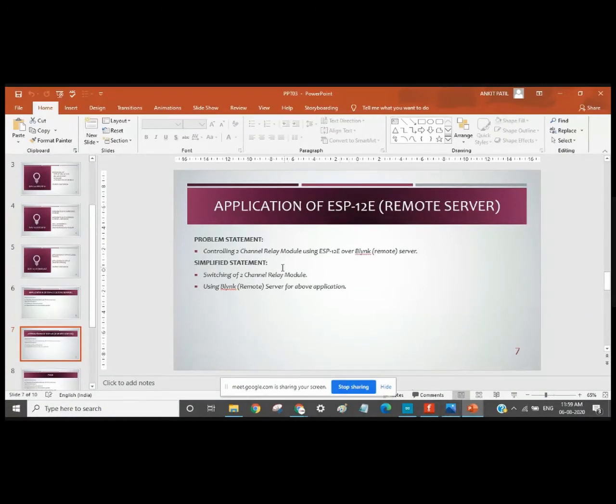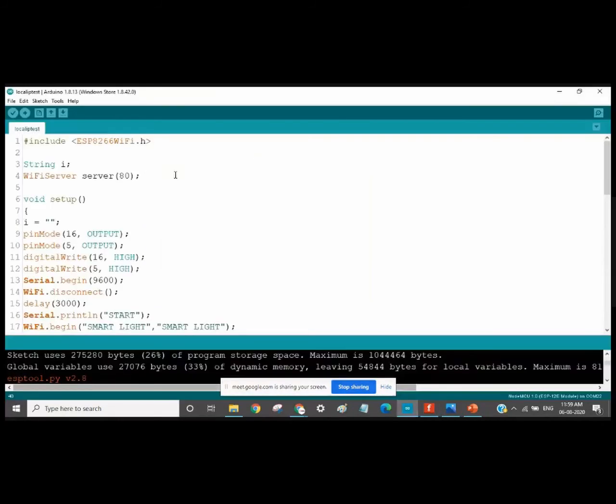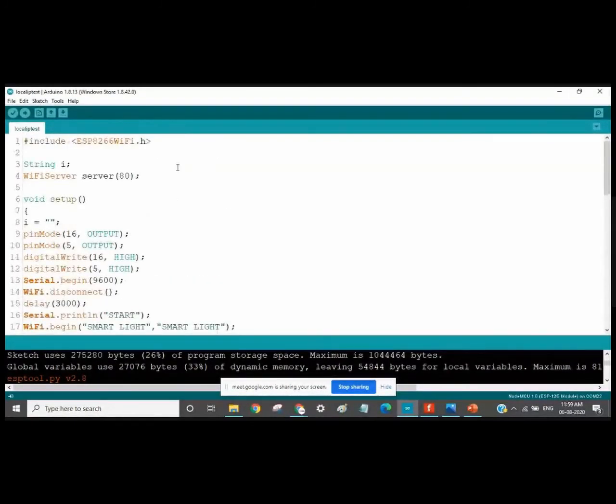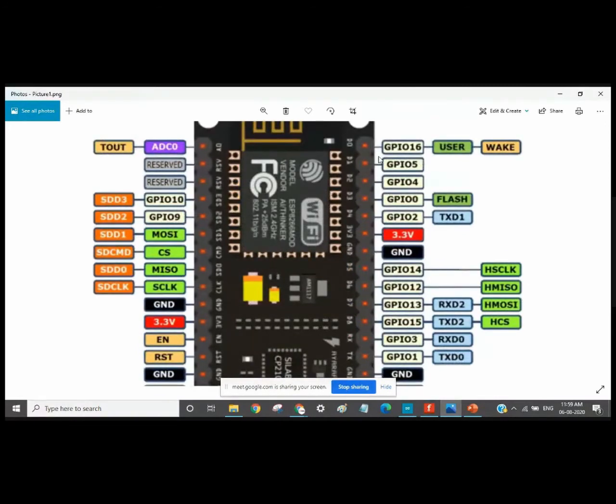So first of all, we will make the circuit diagram for this. The circuit diagram will remain the same, because we are using a 2-channel relay module. The connections will also be the same. The only thing that will change is our code. The code will not be such a big code because we have a Blynk library. If you have an inbuilt library, then the code will be short. If you don't have an inbuilt library, then the code will become big. So we will write the code for that. We are using the same pins, D0 and D1, that is 16 and 15. But here we don't need to specify the pins. I'll tell you why we are not specifying any pins here.